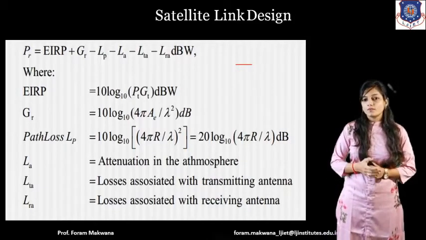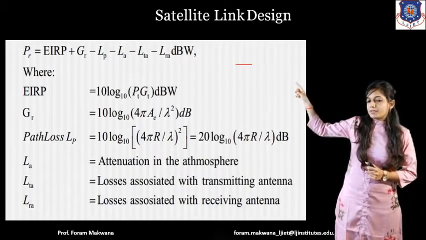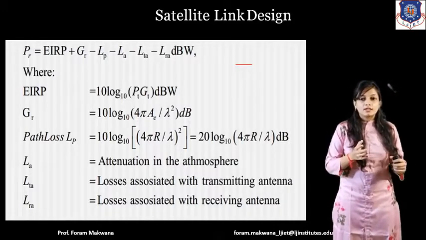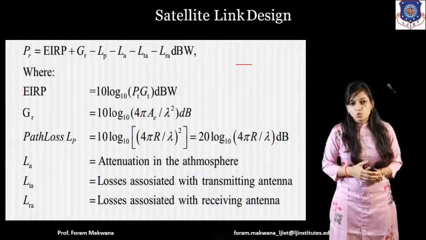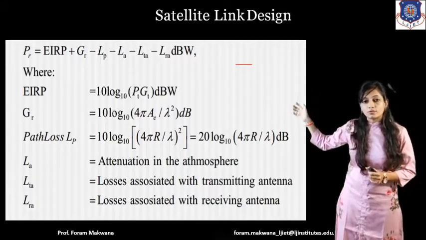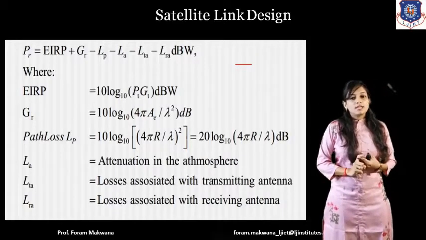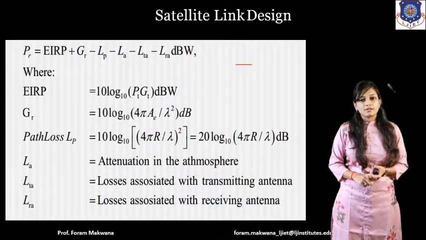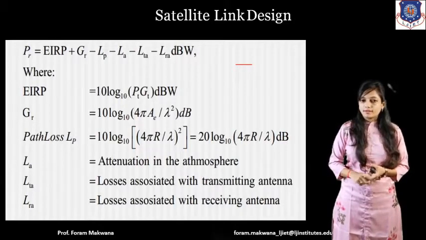Right? Apart from that, we know that over here I have represented EIRP. What does it mean? Whether it is in normal quantity or in decibel, we must know that EIRP over here is represented in decibel units. So 10 log base 10 PT into GT. For example, if EIRP is not given and the only given are PT and GT, you need to multiply them and convert that into decibel. Right? GR.